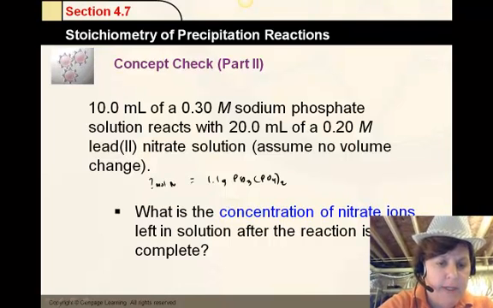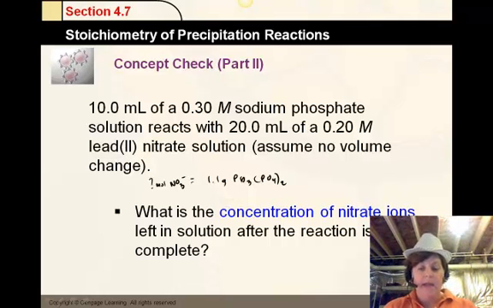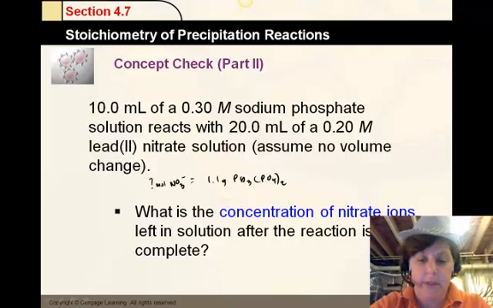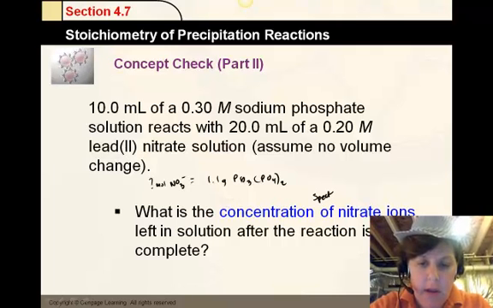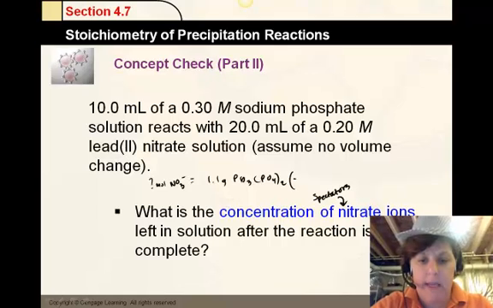How many moles of nitrate ions are in solution? Now, you will notice that the nitrate ions are spectators. So therefore, the number of moles of nitrate in the beginning is going to be exactly the same as at the end. So all I'm going to do is I'm going to